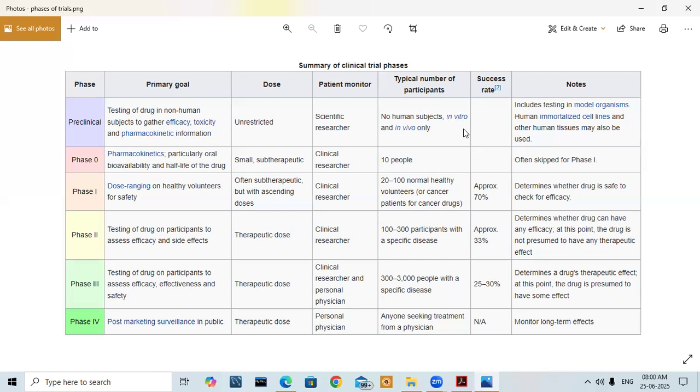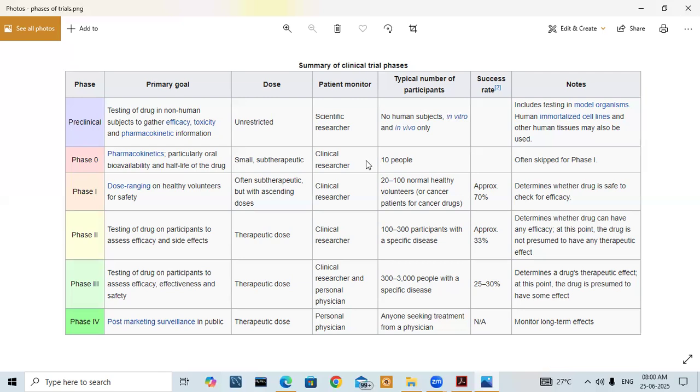We don't know how the drug is going to behave on human beings. We still don't know, because we have now started in phase 0, testing on human beings. We don't know whether the drug is actually safe for human beings or not. The drug is already tested on animals before in the preclinical studies, but still in phase 0 we